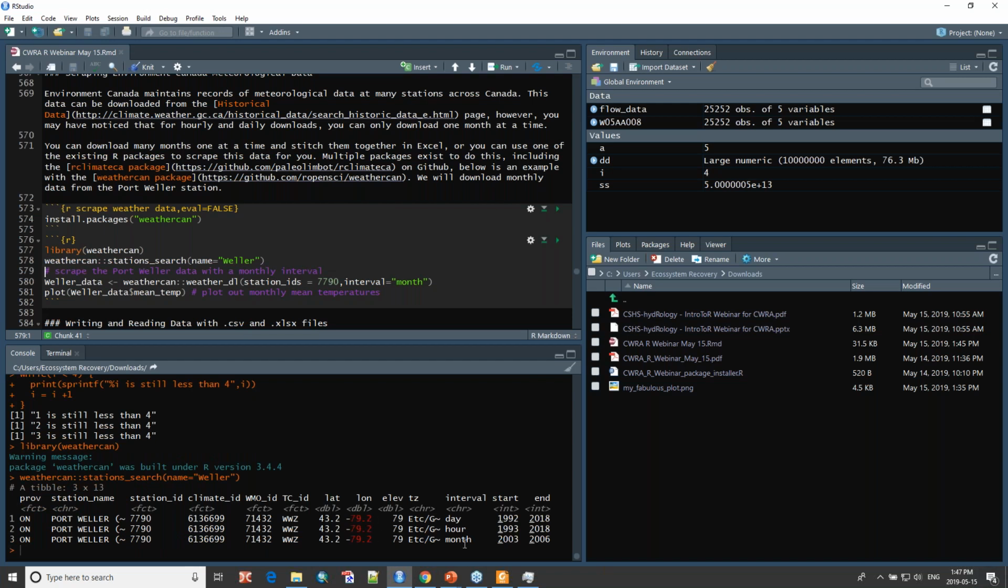The way it's stored here, there's basically a station per each interval download. So there's Port Weller with daily, hourly, and monthly data download. As an alternative to downloading from the website, if I just want to use R with this WeatherCan package, I run the function weatherdl, or weather download. I'm going to say I want the station ID of this station. There could be multiple here if you wanted to. In this case, I'll just take this Port Weller data with the station ID of 7790